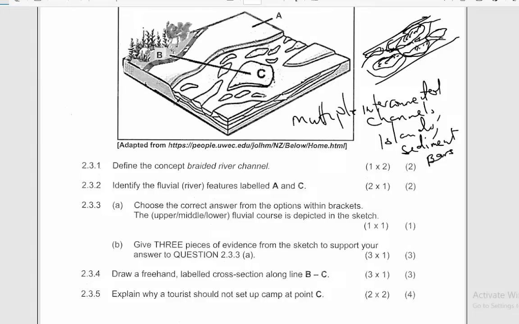So that's basically the braided channel. It consists of multiple interconnected channels, islands and sand bars within the same channel. Right, that is a braid. Right, we move on to